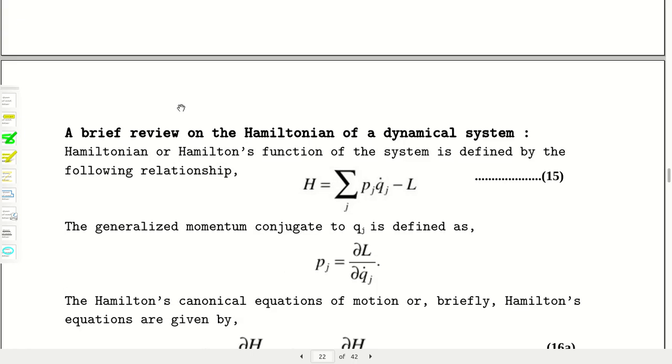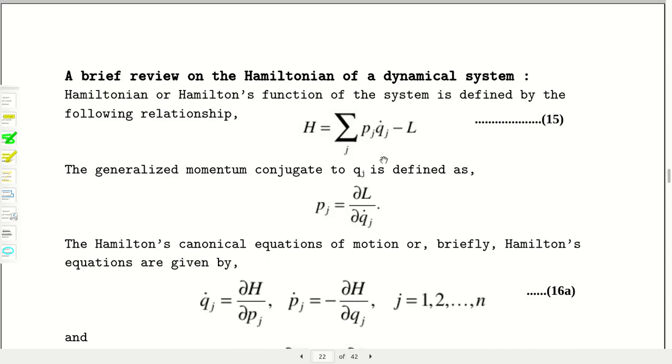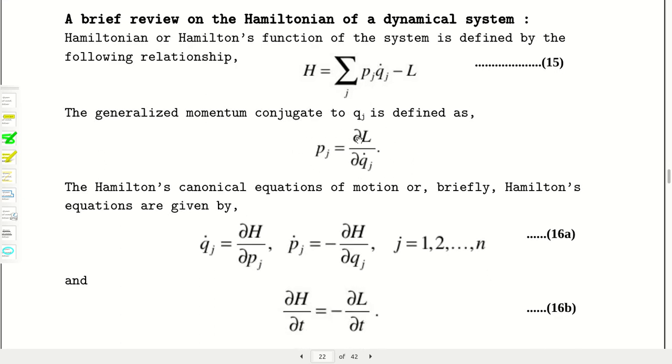Today we are going to start from the Hamiltonian equation of motion. We all know that, in Hamiltonian mechanics, there is a function called the Hamiltonian, which is defined as the summation of pj and qj dot, minus the old function, which is the Lagrangian. In equation number 15, you all know this, where pj is the generalized momentum defined by this relation, pj is equal to del L del qj dot, and this can also be called the canonical equation.